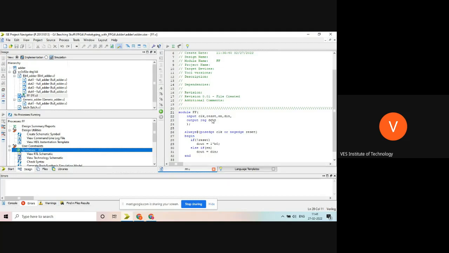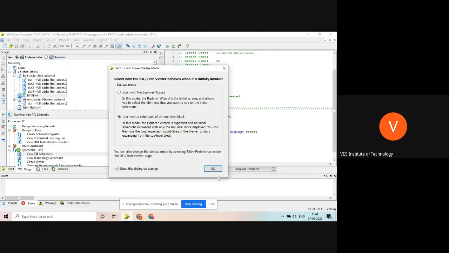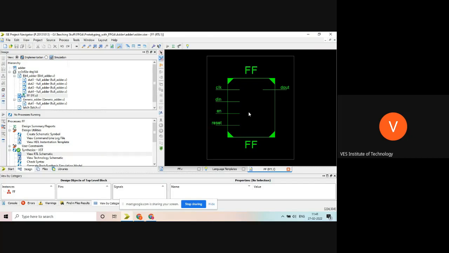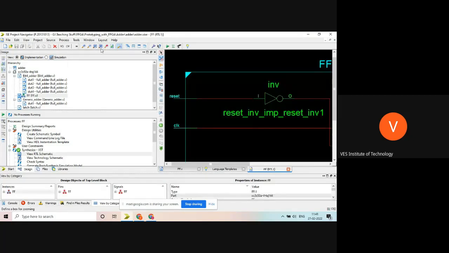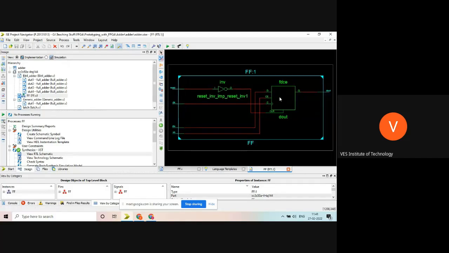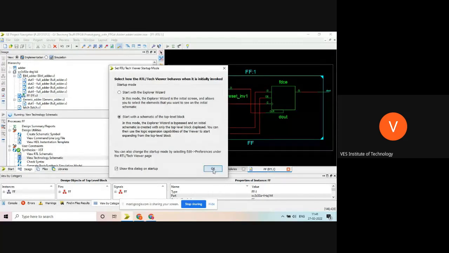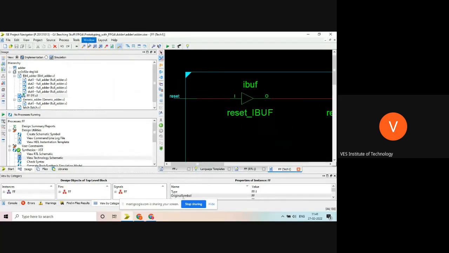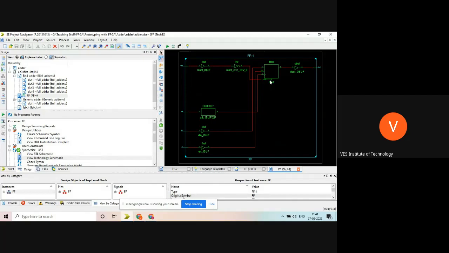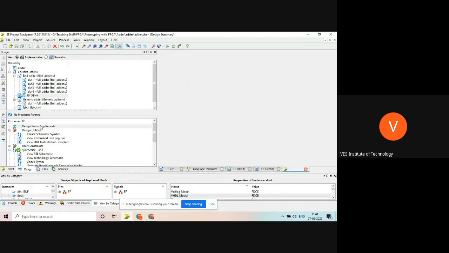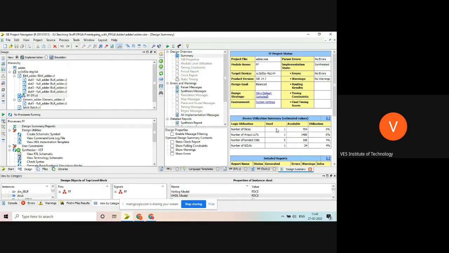Now we are going to take a small break after this. After I will take counter and then we'll take break. So flip-flop, you can see clock, D in, enable, reset. One flip-flop got created. So it's an FDC. Previously it was a latch. Technology schematic, you can see the same. Here one flip-flop is taken in design synthesis. One slice, 4 input LUTs, one.